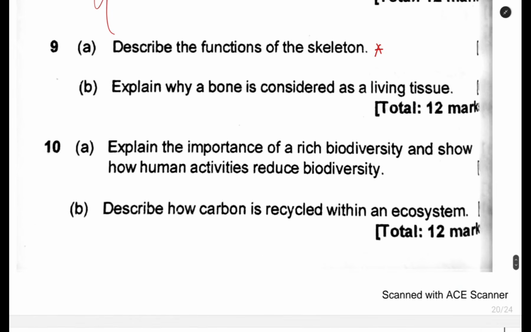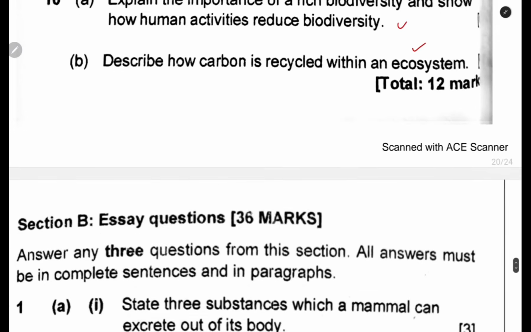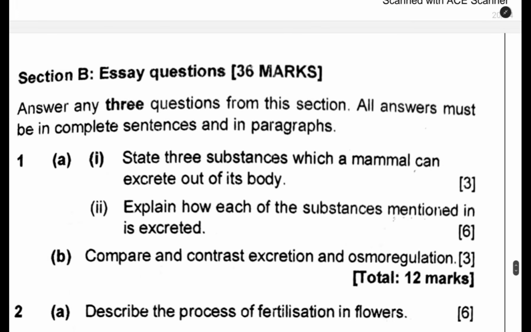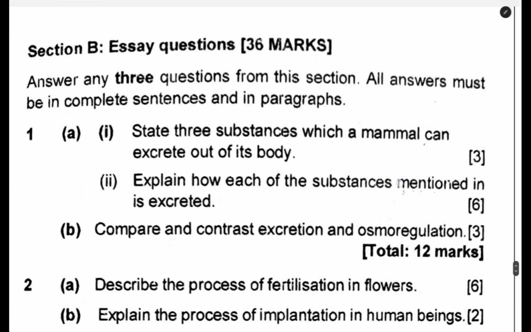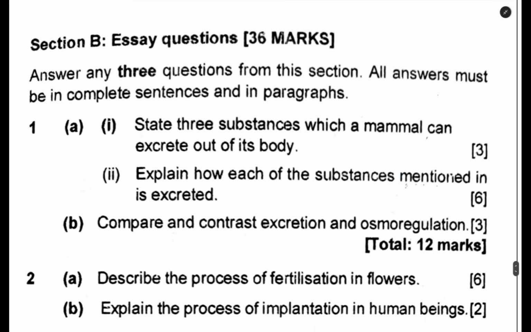Then question 10: explain the importance of rich biodiversity and show how the activity reduced biodiversity. Describe how the carbon is recycled within the ecosystem. So like I said, biodiversity is one of the parts that you expect, and also ecosystem, as you can see in the questions. Now, this is 2023, I guess, and look at how the